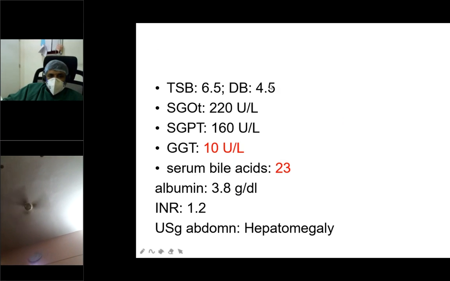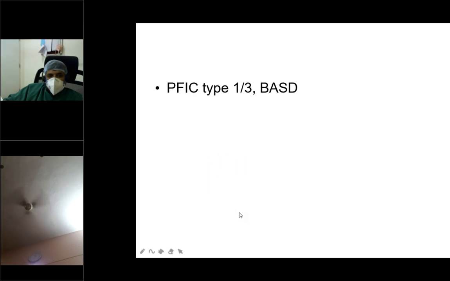So this is conjugated hyperbilirubinemia with low GGT levels. And bile acids were also normal. Ultrasound abdomen showed only a hepatomegaly. So we thought of probably a bile acid synthesis defect, or it could be a progressive familial intrahepatic